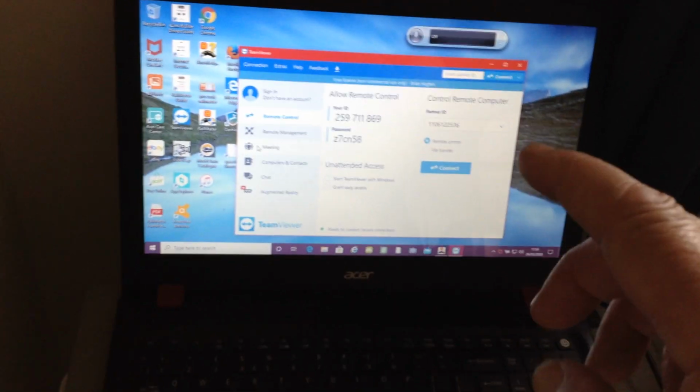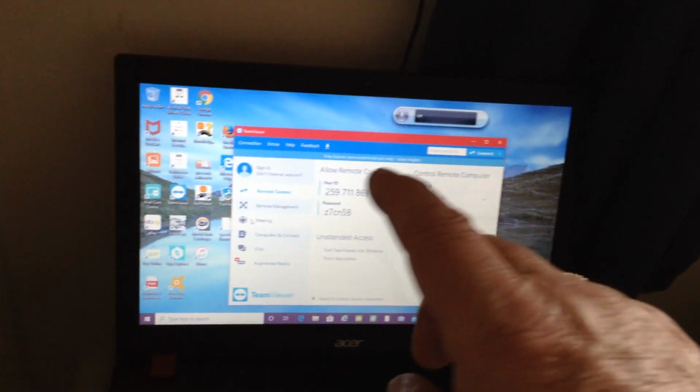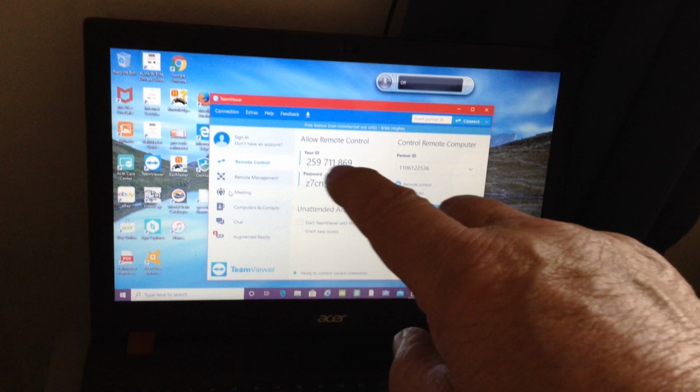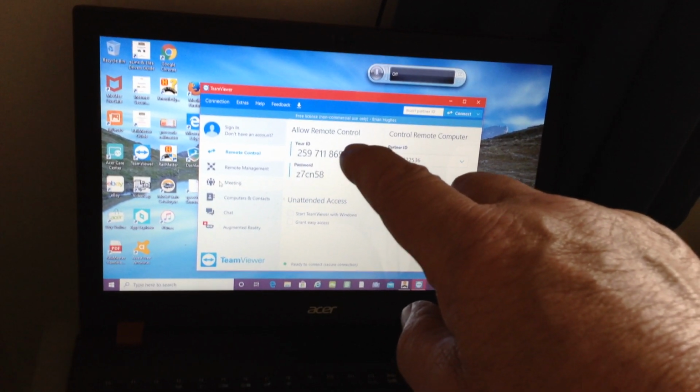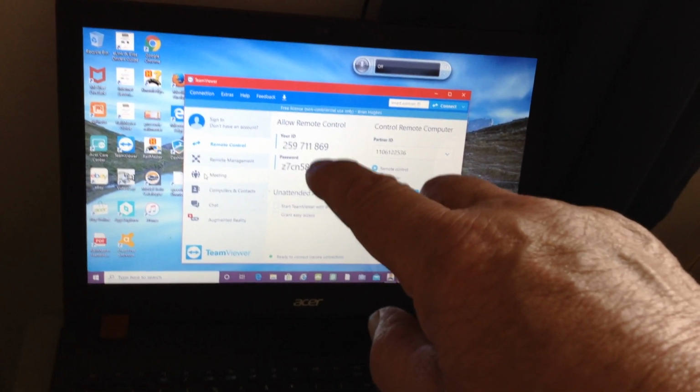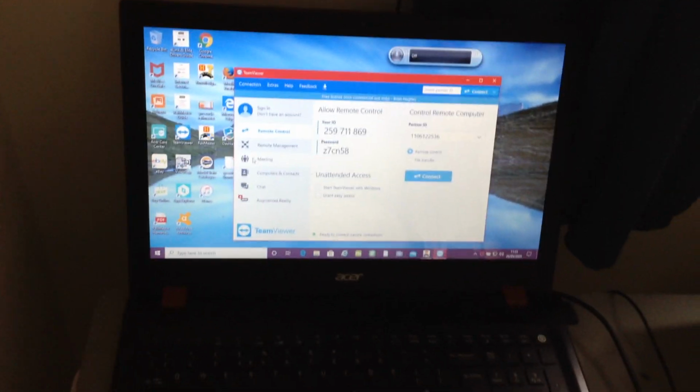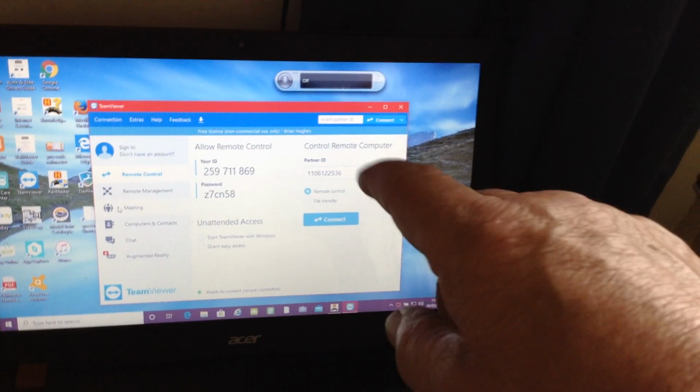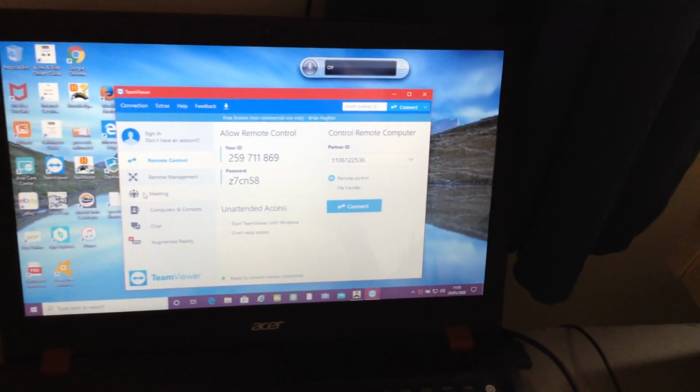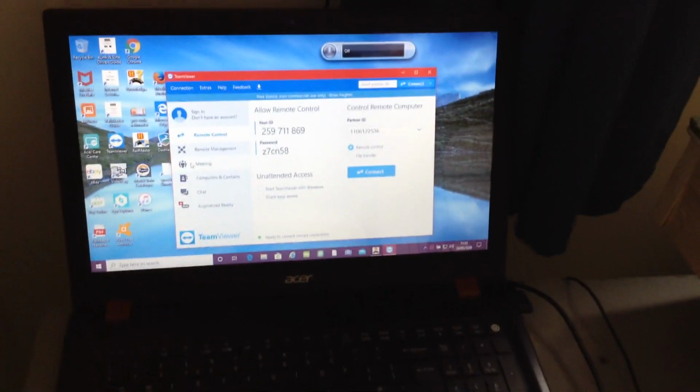And what you do is if you've got problems, you then call me, and then you give me that number, which is the ID number, and the password. I then put them into my computer on this side, which is down in the office side, not this one, and I link then to your computer, and I can solve your problems and set things up